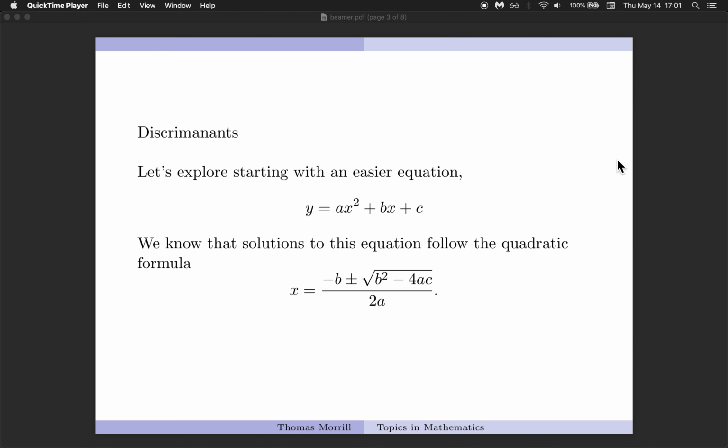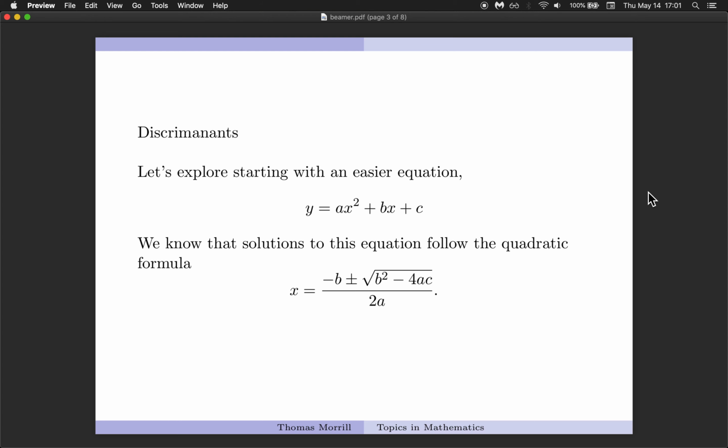Welcome back. So in part 2 of my lecture, I'm going to introduce a new tool for classifying elliptic curves. And actually, this tool, the discriminant, is something that can work for any polynomial equation. So to make things simpler and try to motivate what makes this formula a useful thing, let us